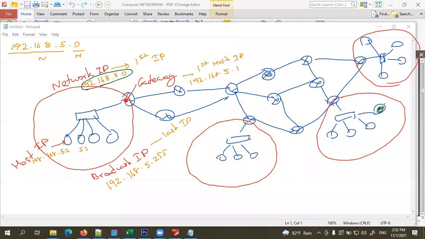So from this computer, if I want to send data there, this router knows the network is there, and the router has to send that through this router or this router. Normally, what a router does is identify the best path to send.